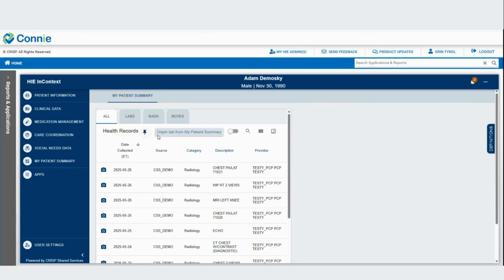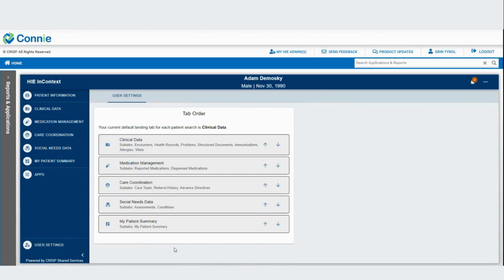You are also able to search and hide My Organization Data features on the specific pin tab. These can be found in the top right-hand corner. You can also click on the Settings tab. This way you can add the My Patient Summary as your default view by clicking the arrows and moving it to the top, then click the Save